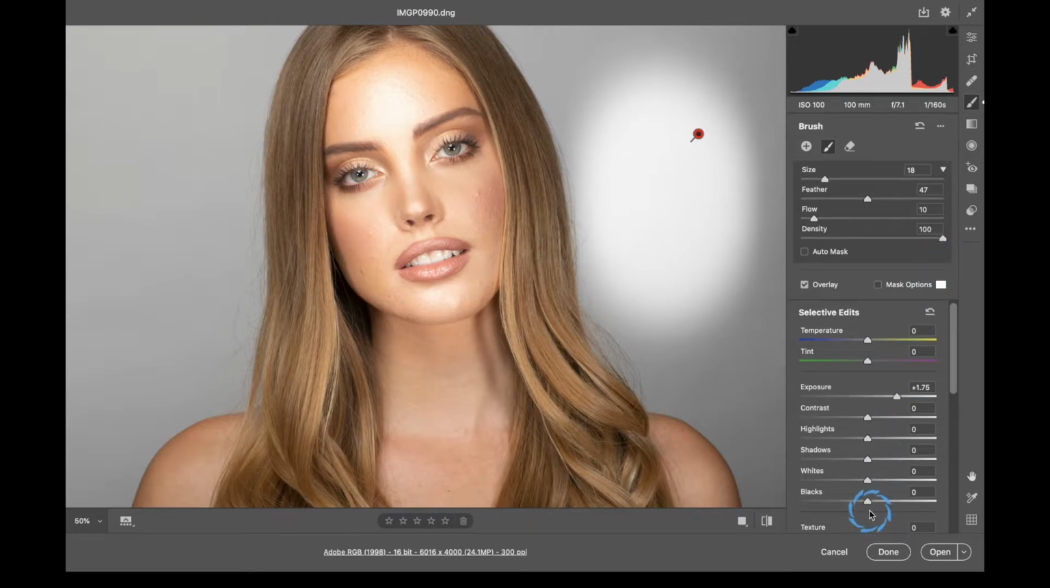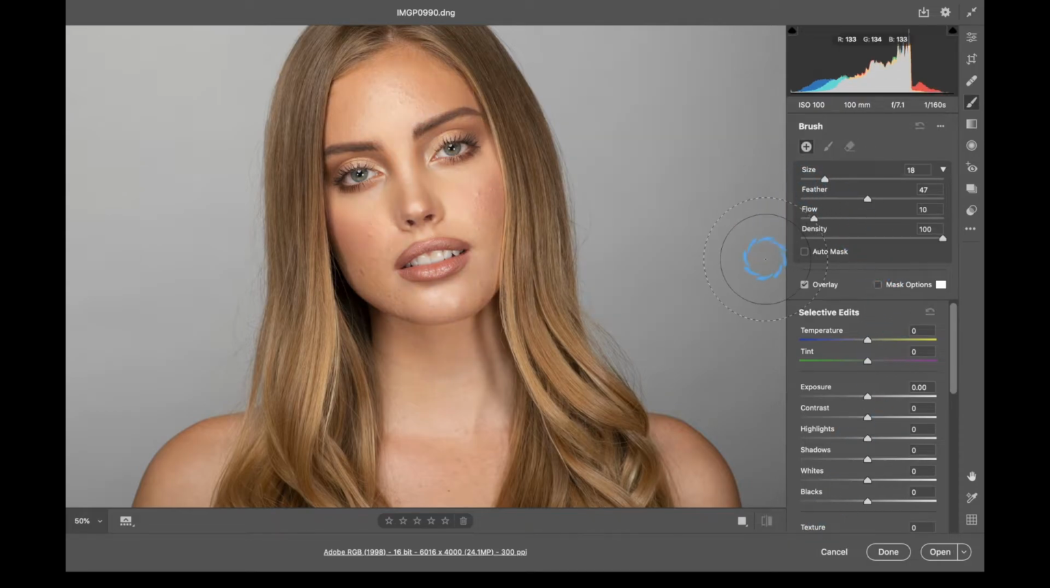We're going to go ahead. I'm going to hold the Alt Option key and just come down here and hit reset again so we can remove that. So the next thing inside the adjustment brush, I'm going to show you how to do different adjustments. And the first one, we're going to make it really blue. So I'm going to slide this all the way over, and I'm just going to adjust the brush a little bit,